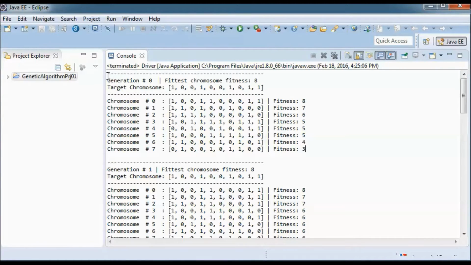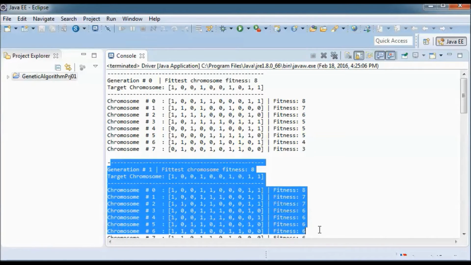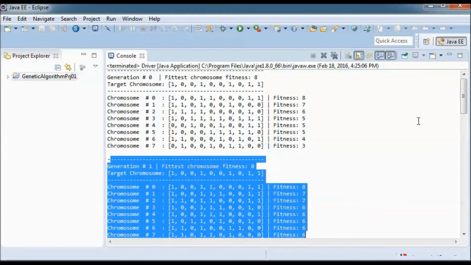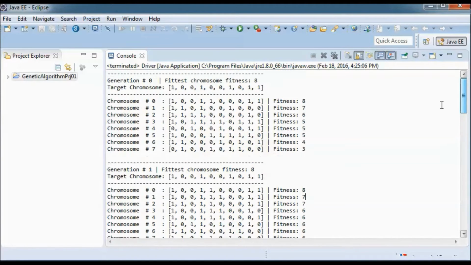And we evolve from one generation to the next by doing selection, crossover, and mutation. And we will be going over those while writing the code, and included in that will be elitism.